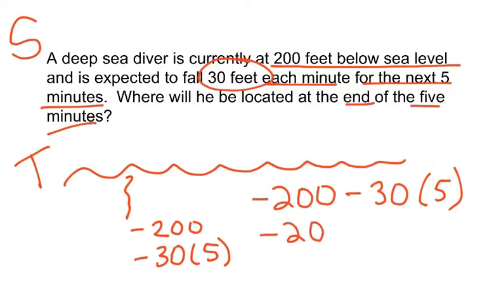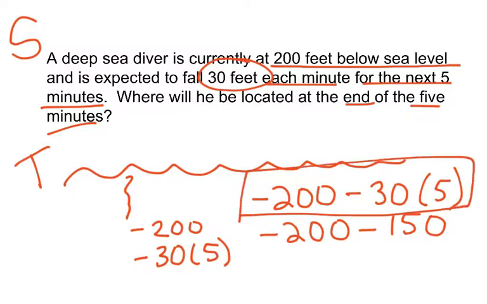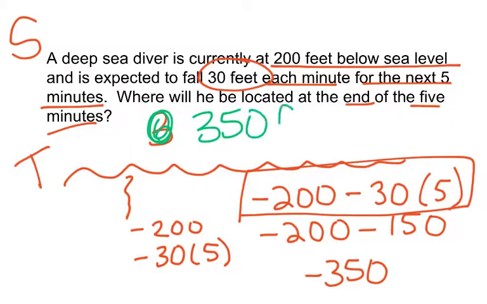You can put this in your calculator, and you can put all of this right in the calculator. Negative 200 minus 30 times 5. It's negative 200 minus 150 if I'm working it out without a calculator. So now it's at negative 350. Or we can write that as 350 feet